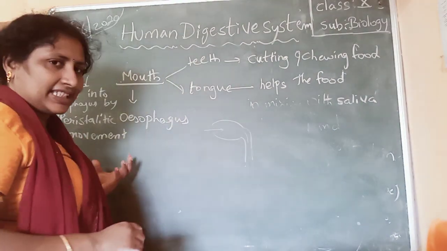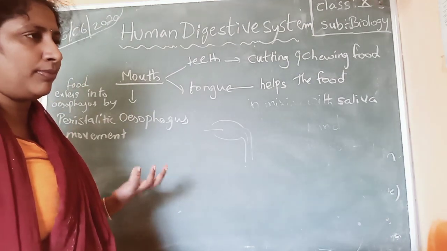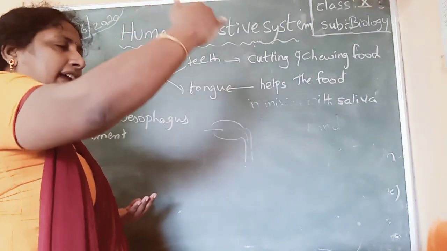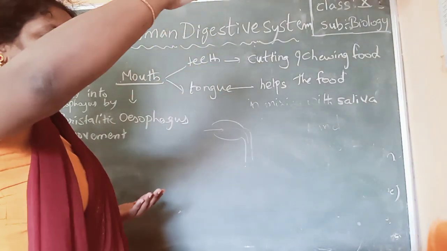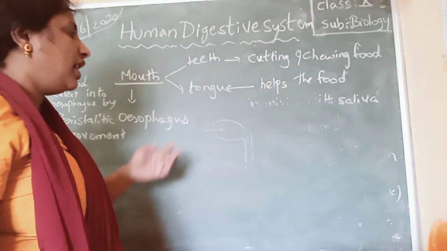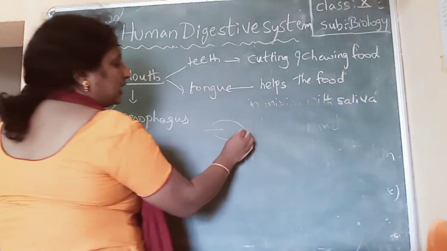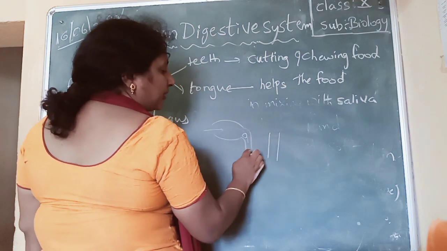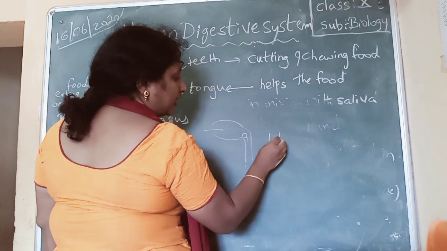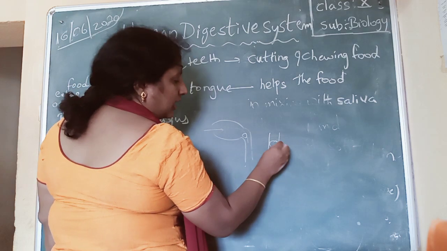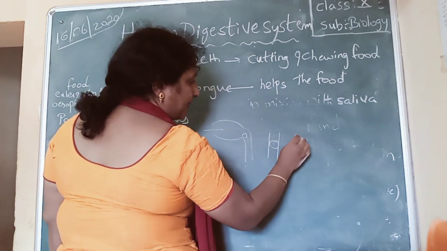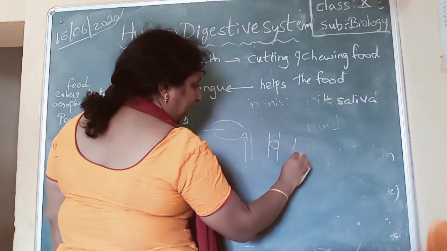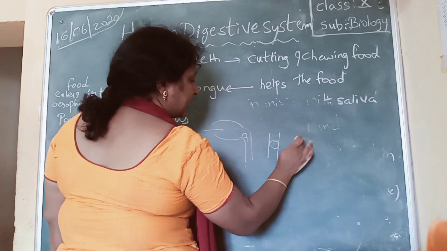So what is peristaltic movement? It's a wave-like motion. If you see waves, what happens? The wave will rise and then contract, expand and contract, expand and contract. In a similar way, if the food is entering like this in the esophagus, what happens? Now if the food is like this here, what happens to this part? When the food has come down, this will expand and this will contract.